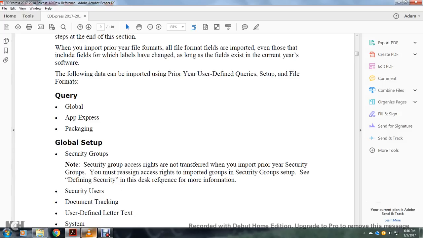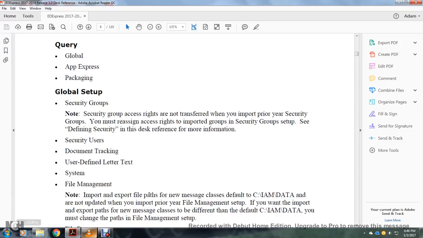See defining security with the reference for more information. Security user document tracing of the user-defined letter test. System file management and import expert file parents from the new message class. The default with the C drive IAM data at or not updated within the import prior to the year of